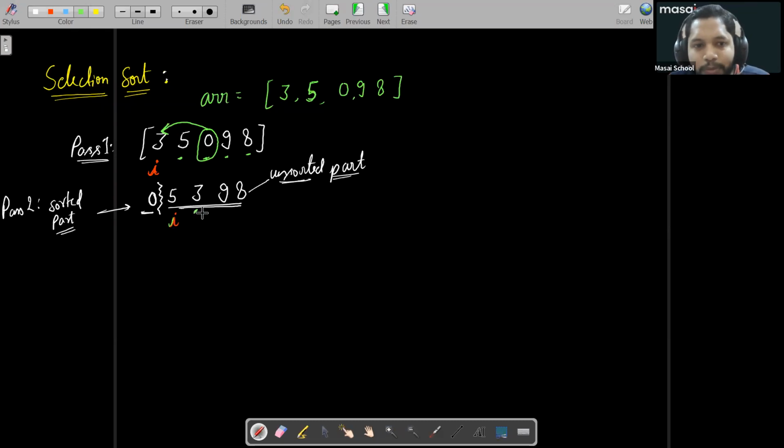Is 3 minimum? Maybe. Is 9 minimum? No. Is 8 minimum? No. So I found 3 as the minimum, and what I will do is simply swap it with the ith element here, with 5. So again, for the next row,